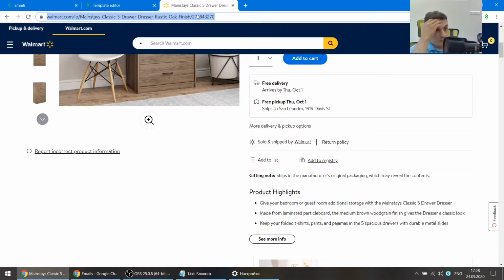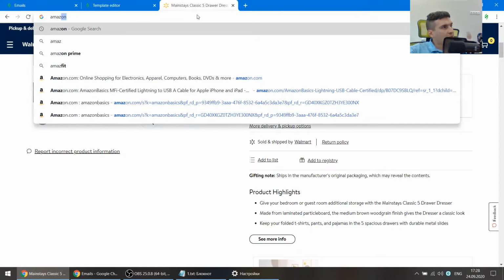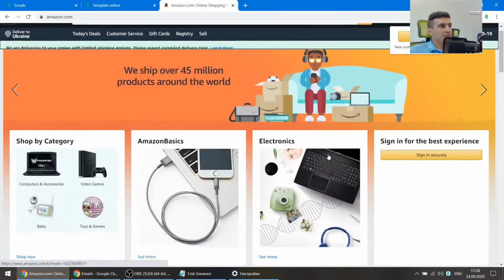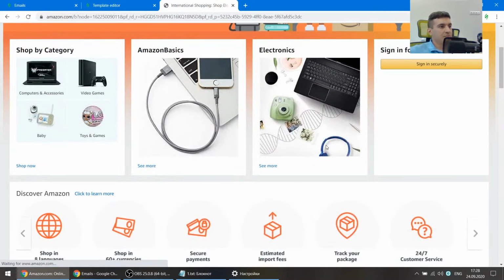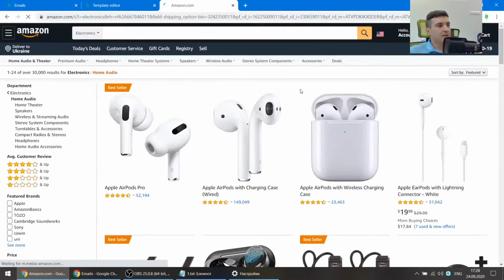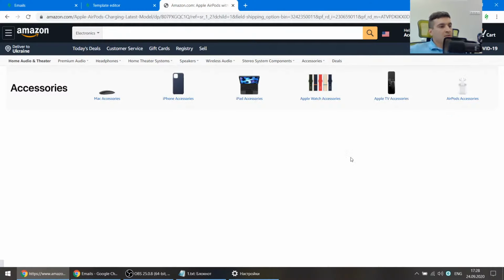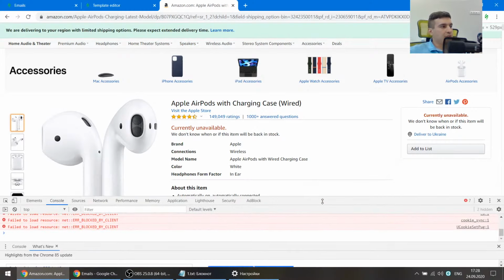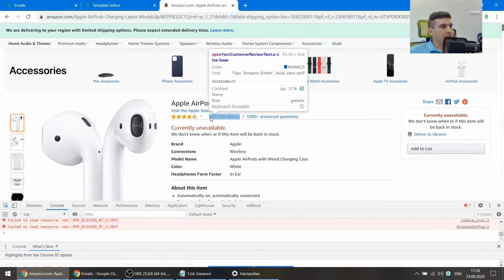So let's move to Amazon. And let's choose an element from here. I don't know, maybe this one. Headphones. Okay. So let's take a look how we can get